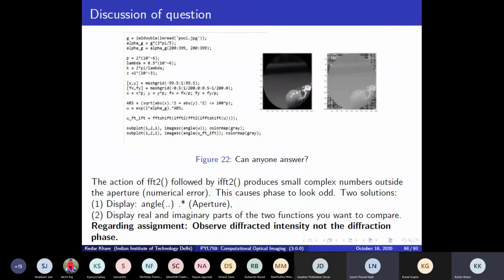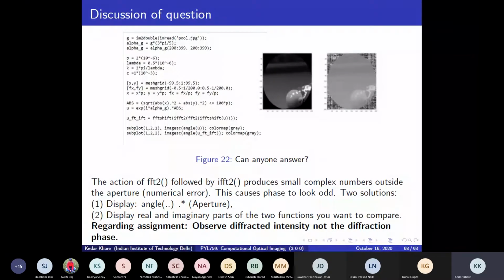There those small numbers are no longer small. And so, suppose I have numbers like 100 inside. If I add 10 raised to minus 15, nothing happens. But if I have 0 and then I add a number, however small, when you take the arctan function, you divide the imaginary part by the real part, those numbers are still something and they give rise to some angle. Okay. So in such situations, if you display angle dot star the aperture, then you will see that the two pictures are in about the same range.